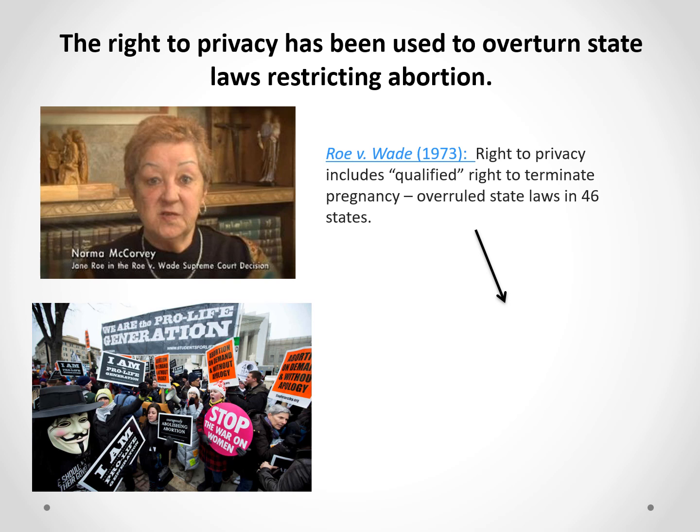Okay, so this Supreme Court ruling actually trumped state laws in 46 states. So 46 states had laws against abortion, and the Supreme Court said no. It said this right to privacy includes the right to end your pregnancy, to have an abortion. The Supreme Court said the right was qualified because they had this scheme where the woman's rights took precedence in the first trimester, and then by the last trimester of pregnancy, the Supreme Court felt that the state authorities did have more interest in protecting the right of the unborn child.